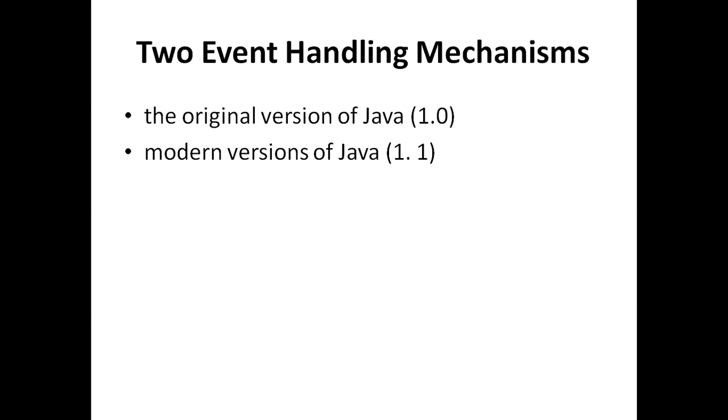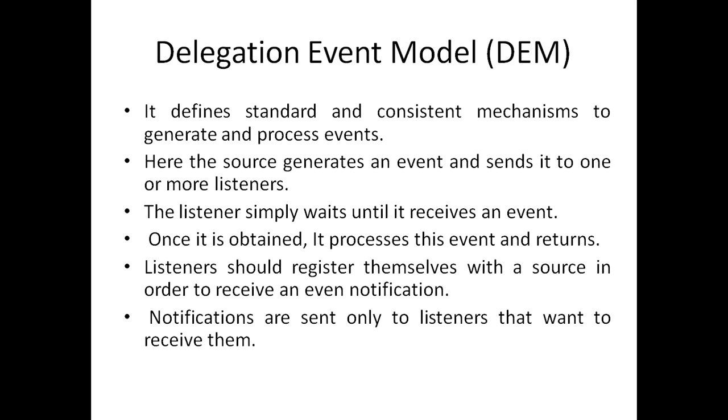The way in which this event handling mechanism is handled in Java gives two versions. We call it the original version of Java, which is the 1.0 version, which provides support for the event handling mechanism. But nowadays, the new programs you write to handle the event handling mechanism will not be run by the older version. That's why the modern version of Java has been included. The version is 1.1, in which all the old version programs as well as new version programs can be run to support this event handling mechanism.